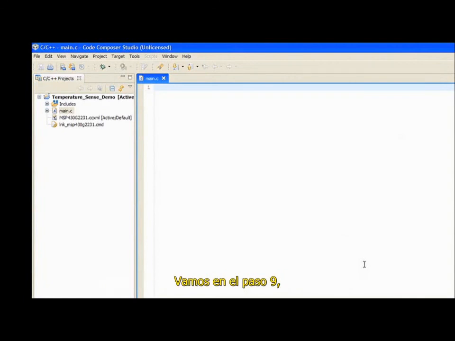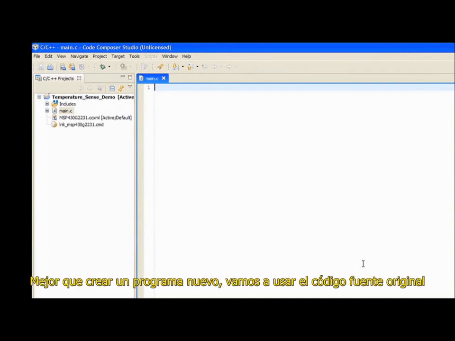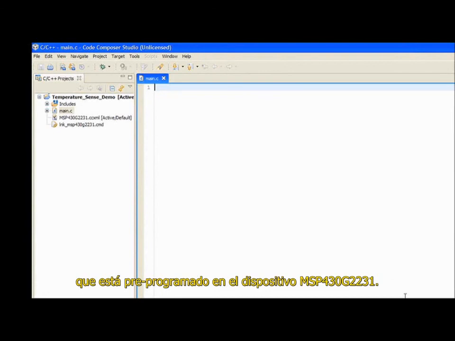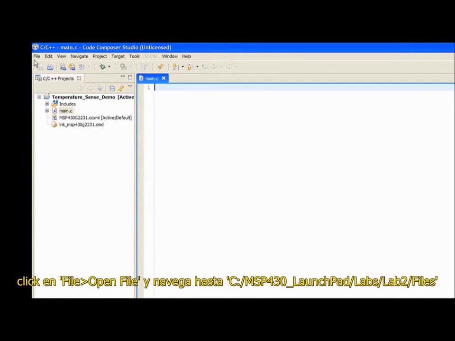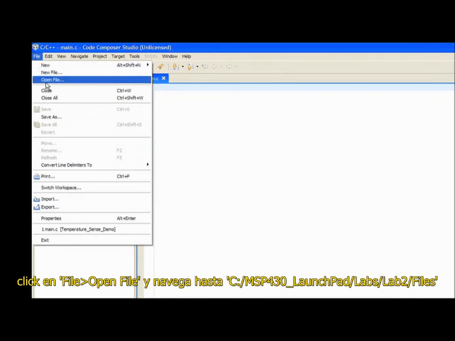We're now on step 9. Next, we need to add the code to main. Rather than create a new program, we're going to use the original source code that was pre-programmed into the MSP430 G2231 device, the program that we ran in Lab 1. So click on File, Open File, and navigate to